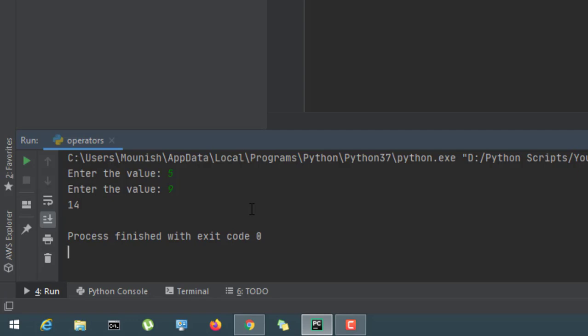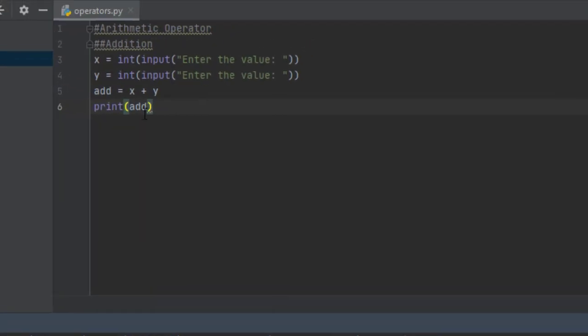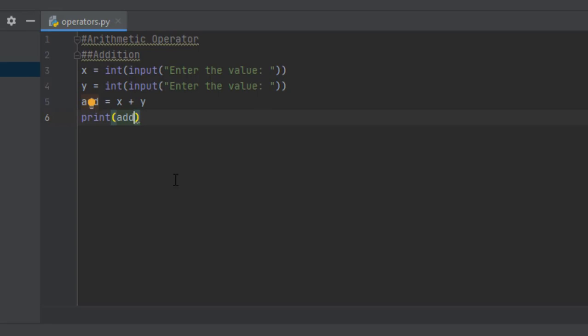But do you want to leave it like that? Because now if you are working alone, we know what the value is. But if the program is large enough, we literally don't know what it is. So we should know it is the addition of the variables x and y.